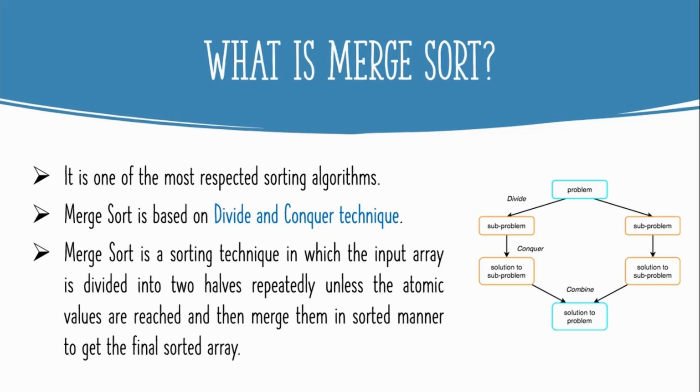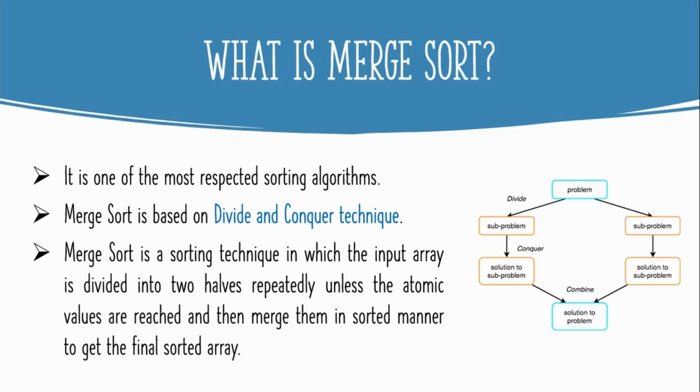Merge sort is one of the significant sorting algorithms which is based upon the divide and conquer technique. As we can see in the adjacent figure, divide and conquer technique implies that the given problem is firstly divided into smaller subproblems which are addressed independently. That is, we can find the solution for these subproblems that we have obtained after dividing the main problem. That is, we'll conquer them, and at last we'll combine all these solutions of the subproblems to get the final solution of the original problem statement that we have.